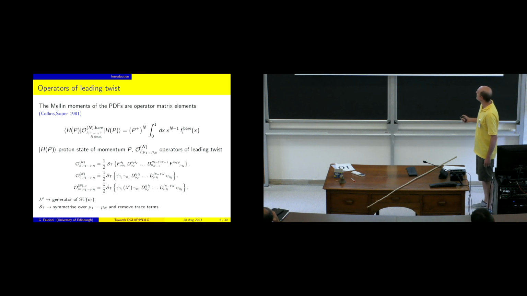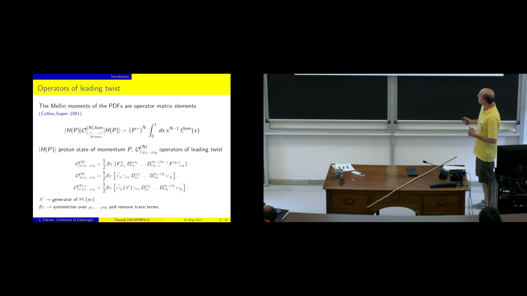So the starting point, why do we like Mellin moments of the splitting function, is because the Mellin moments of the PDF are just related to expectation values of local operators within the proton state. So we can take a proton of momentum p and evaluate this expectation value. The operators are leading twist operators, so these are gauge invariant objects that you can make with field strengths and covariant derivatives. Then you need to project on the leading spin, so the maximal spin. You can do this either by symmetrizing and taking away the trace, or by projecting everything in a light-like direction, like here on the plus direction.